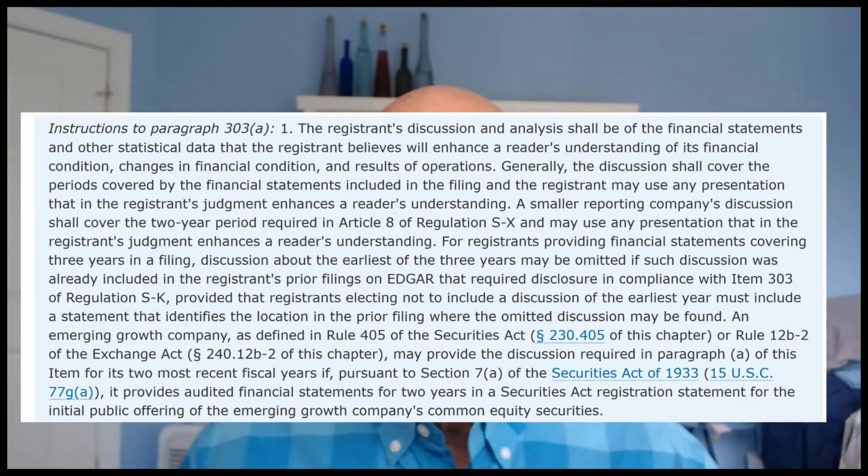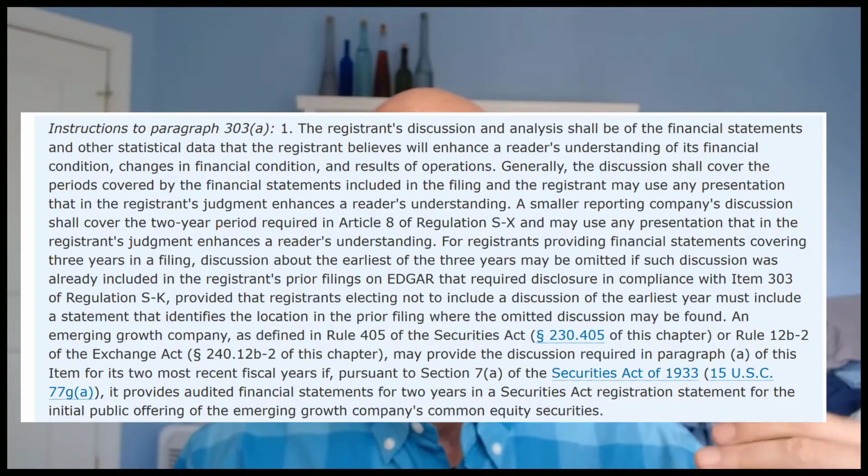As far as how far back you go in your 10-K, it can just be the last 2 fiscal years. Instruction 1 calls for the period covered by the financials, which is 3 years, but then Instruction 1 goes on to state how you can drop the earliest year if it was already disclosed in a prior SEC filing, which it would have been unless you're a brand new company. You just need to state which filing it was that had those earlier years. This ability to drop earlier year disclosure was just adopted in 2019, and so far not many companies have made the switch. They've been hesitant, so a lot of companies are still providing 3 years' worth of MD&A in their 10-K, and of course that's permissible.